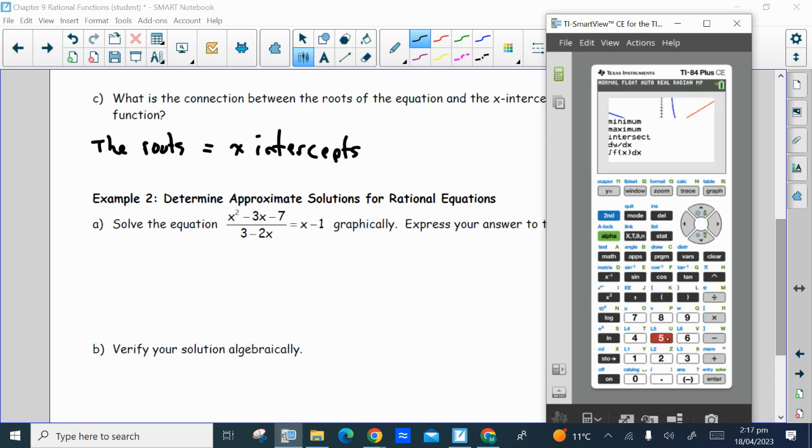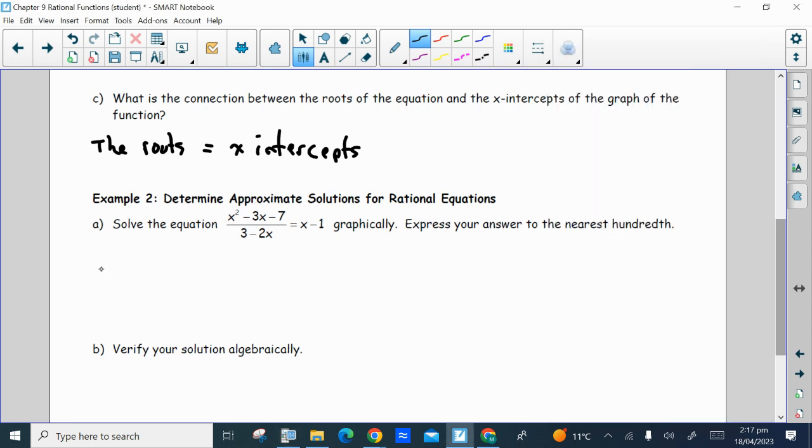Second function trace, number 5 for intersect, enter, enter, enter. So my first x value is negative 0.43. And it's kind of hard to see there, but if I quit out of this and I go x enter, it'll take the last x value, just makes it easier to see, negative 0.43. And it's an approximation because we rounded it. Our second one,